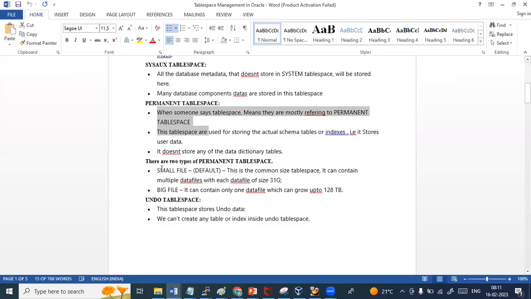Okay. And when it comes to the tablespace files, there are two types again. One is a small file, which is the default, and one is a big file. As I said, when I create the tablespace with a small file, I can add multiple data files to it. Multiple means n number of data files. I can add n number of data files to the particular tablespace, but that data file can grow